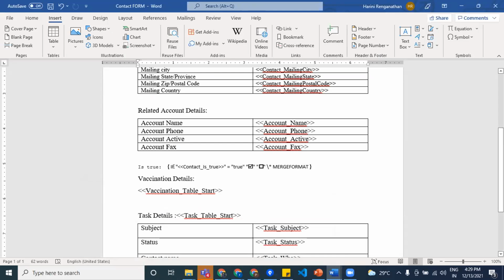When you see the syntax that is going to show a checkbox or not show a checkbox, there are common mistakes that we make with checkboxes. Team, please don't raise your hand. Let's finish this off, and we'll have a Q&A session. So this is the field that you are going to pull from Salesforce. If you give one extra space here or one space at the start, nothing is going to work.